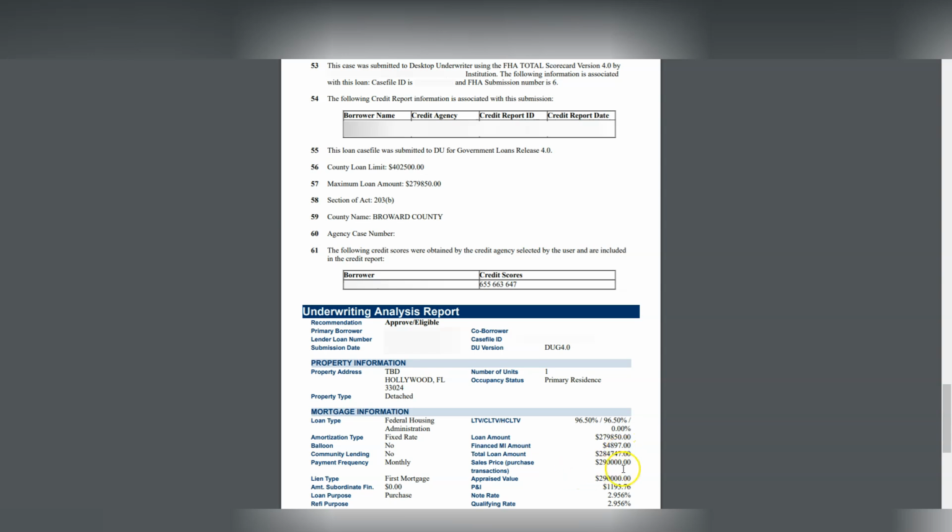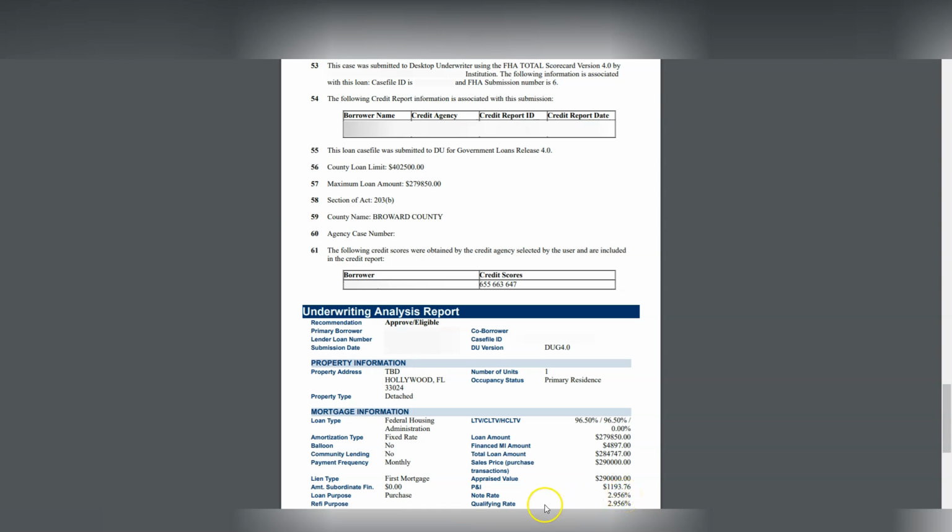The purchase price is $290,000 and the appraised value is also $290,000, or at least that's what's being assumed. Remember, this is a to be determined property address, so no appraisal has been completed yet. This is just assuming this information. The principal and interest, or P&I payment, will be $1,193.76,